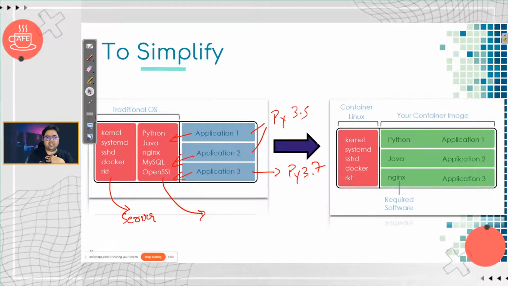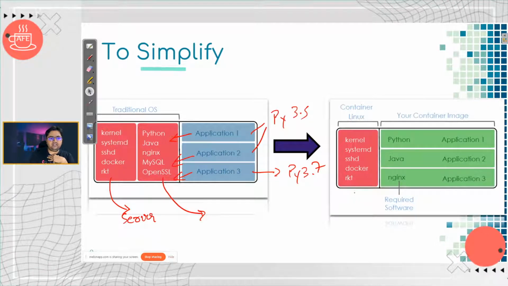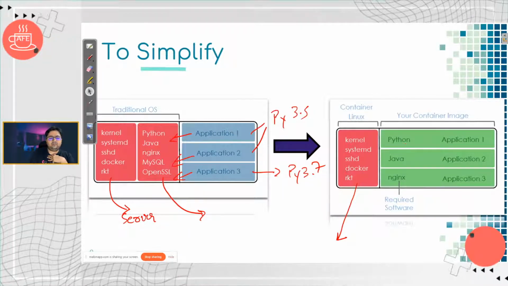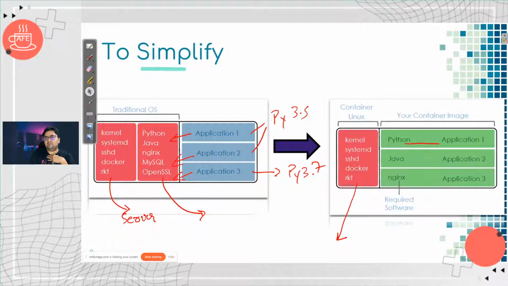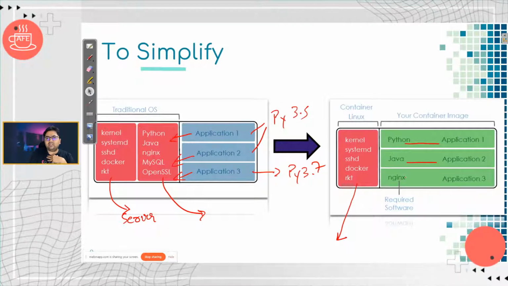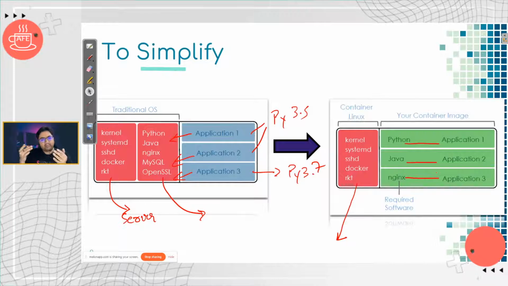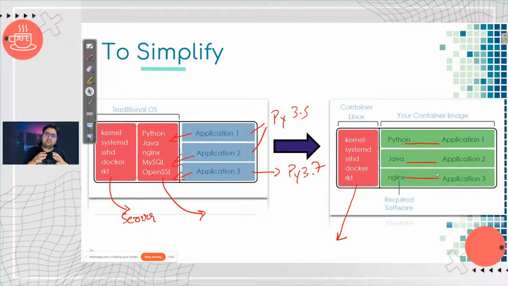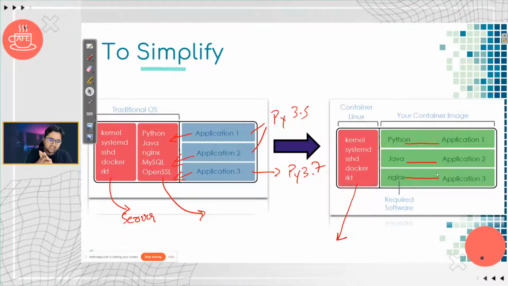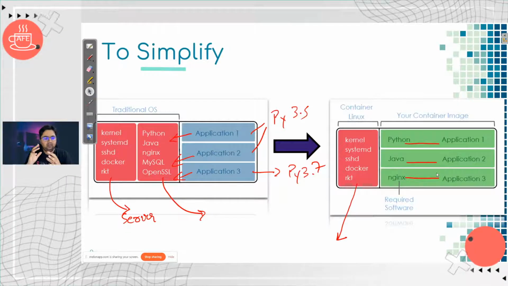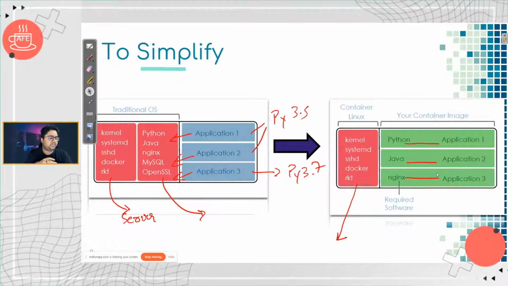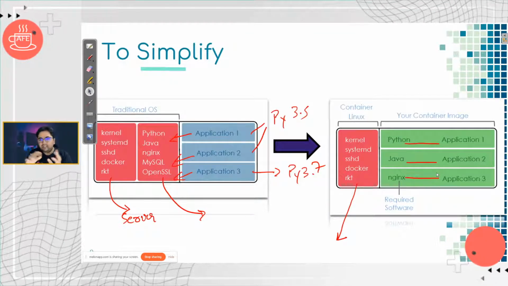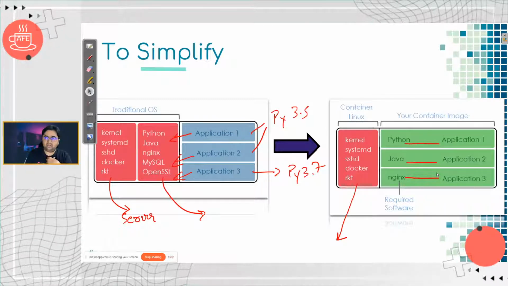Instead, what containers enable you to do is have a container Linux which has all the base stuff, and then you just package what you need. If you need an application with Python, you package it. If you need an application with Java, you package it. If you need an application with Nginx, you package it. So you've packaged it in a way that is isolated, and the dependencies that they need go along with it. It's like when you go on a travel, you can either stop at every restaurant, though the restaurant example is not that good, or you package your own food so that you're not dependent on anything else. That's probably a loose thought.